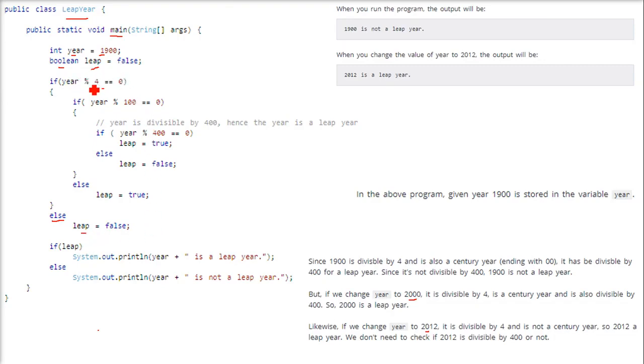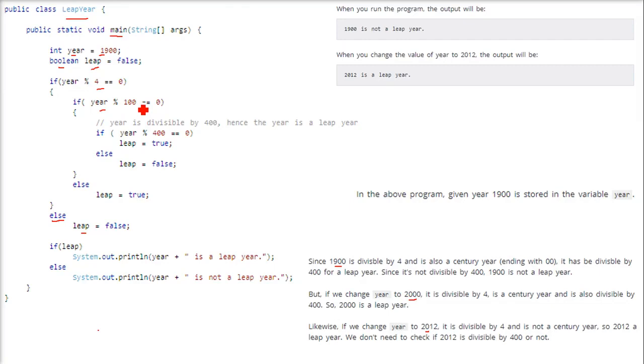But if the year is actually divisible by 4, then as I explained, we have to check whether it is a century year or not. For checking a century year, we divide it by 100. How are you going to check that 1900 is actually a century year? Just divide by 100. If the remainder is 0, which will in fact come, 1900 divided by 100 is completely divisible, 19 will come as a result, and there will be no remainder.